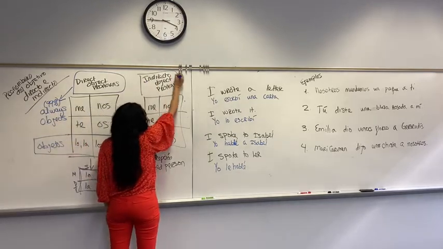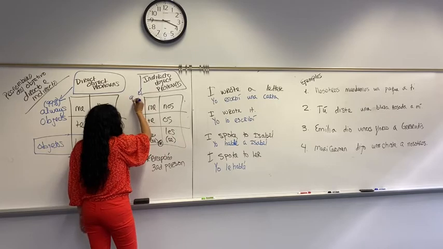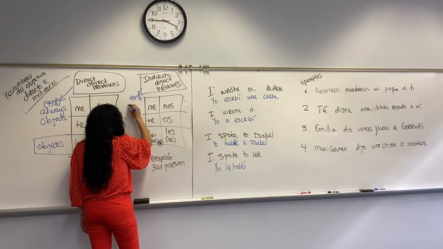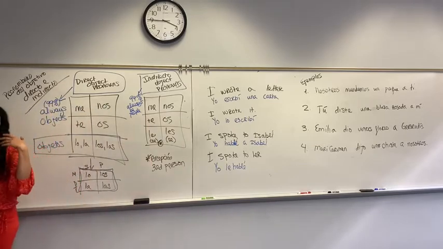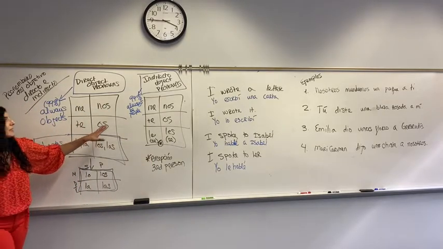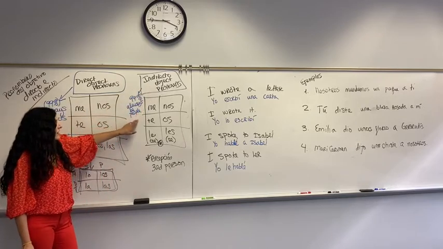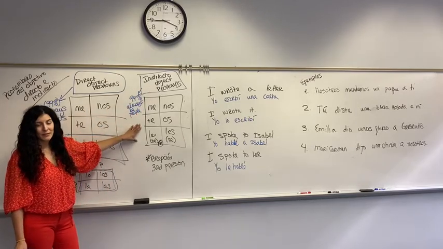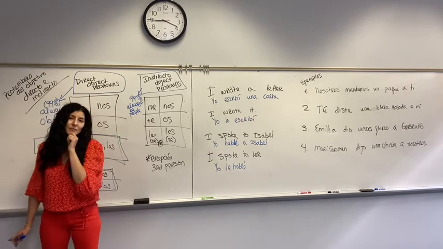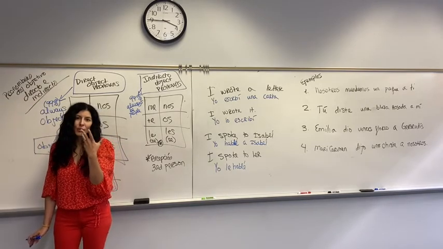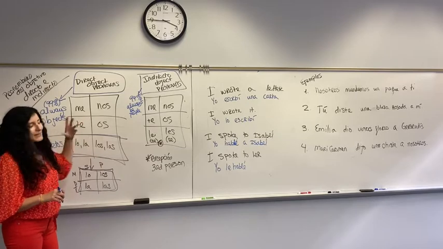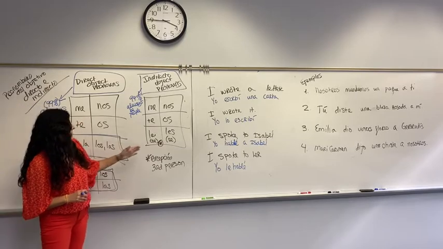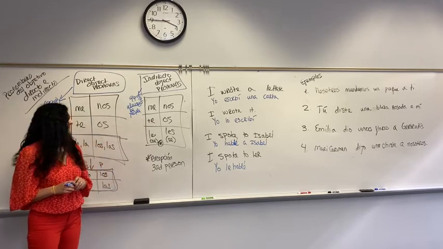Now again, almost always, although not all of the time, but 99% of the time, these are going to always be people. So it's not necessarily all the time, but it's most prevalent that an indirect object is going to talk about a person rather than an object. So that's also something to keep in mind whenever you're trying to think of what is the direct object and what is the indirect object. If you go for the object and you think it's direct, you're probably right. And if you go for the indirect object and you think it's a person, then you're also probably right.